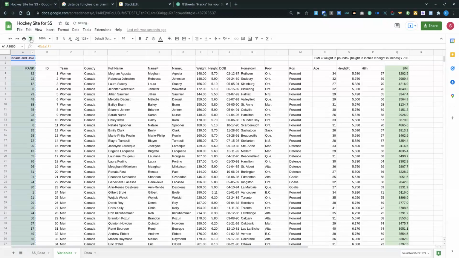This is the first thing I'll do, because I want my sheet to be as consistent as possible. But then I decided to do a couple of tricks that could help you do neat things with your